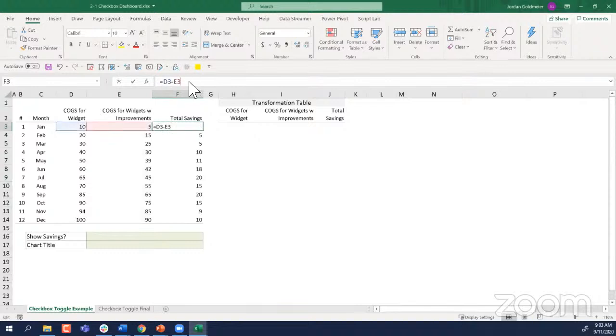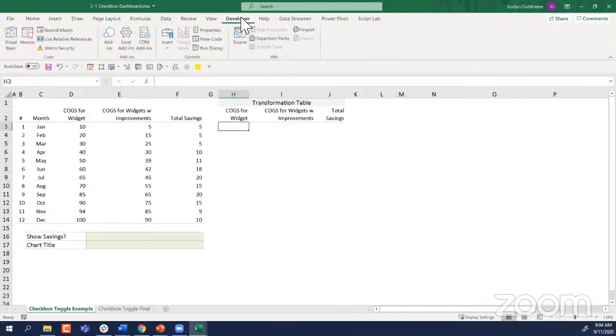And then here we see in the formula bar that these are subtracted, which is the delta between those two items. Okay, so if we want to build this, first thing we got to do is add ourselves a checkbox. So I'm going to go click on my developer tab. If you don't have a developer tab showing,